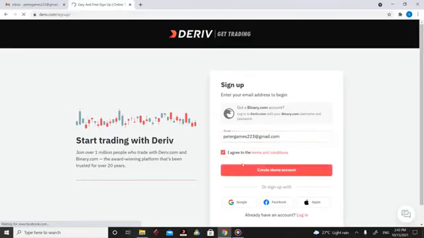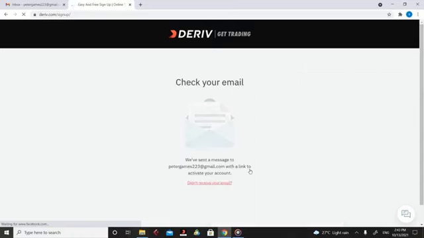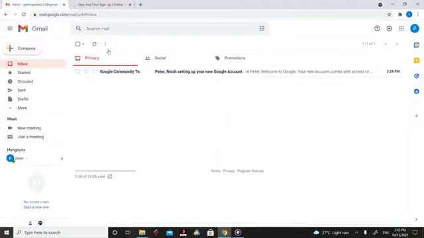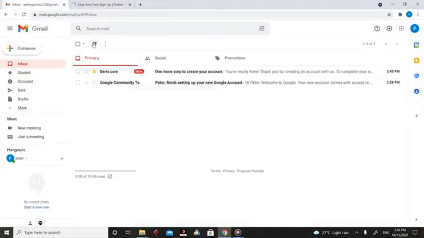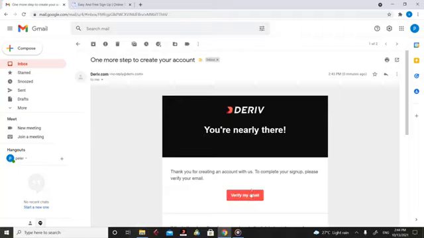You agree to the terms and create demo account. Once you create the demo account, they will send you a confirmation email that's used to activate your account. So I'm going to refresh the mail I created, and this is right here. So I'll verify the email, then I'll be taken back to the platform